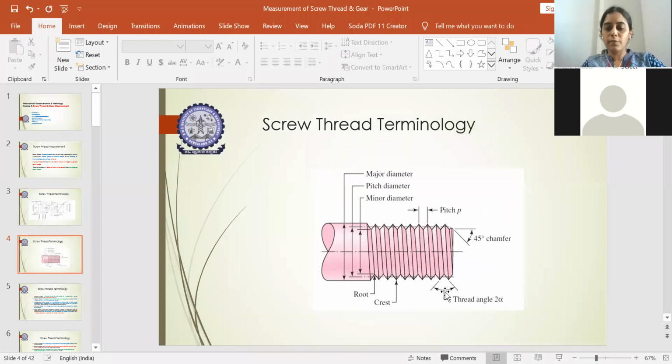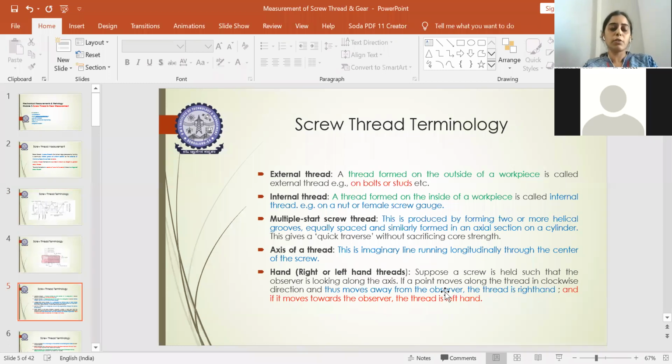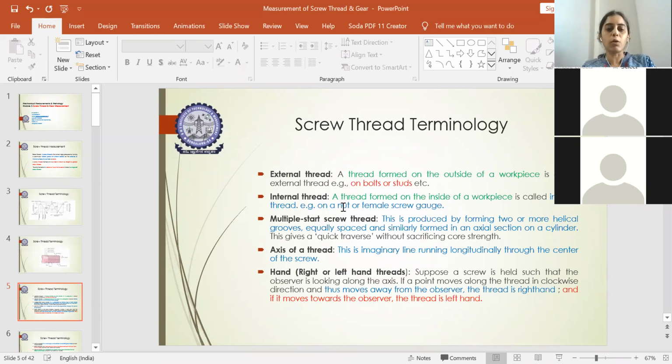This is the thread angle we have told already, right? Now what you have to understand is that we first start with the external thread. Examples of external threads are bolts or studs. You people have seen bolts or studs, where you have the thread on the external surface of the workpiece. These are called external threads. Next comes the internal thread. Internal threads are the grooves achieved on the internal surface of the workpiece. An example for that is the nut, so that you can roll the nut over the bolt for the required compactness.